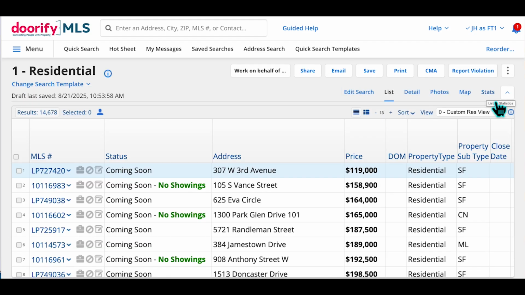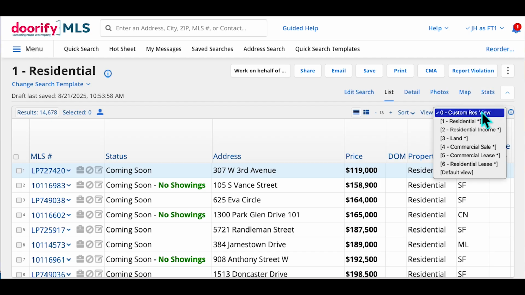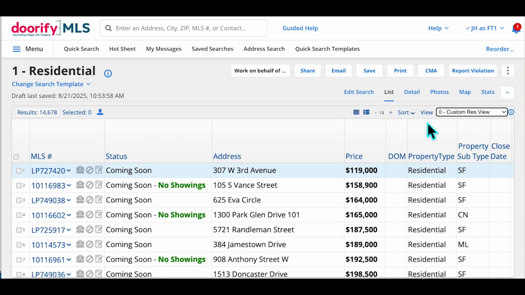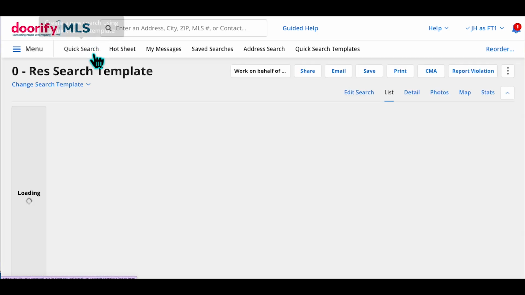And now I see my custom residential view. We're looking at it. It's in this list. How this works for you to set this as your default: it won't actually work on my screen because I am in a training account, so I'm not logged in directly. But for you, how it will work is all you need to do is run a